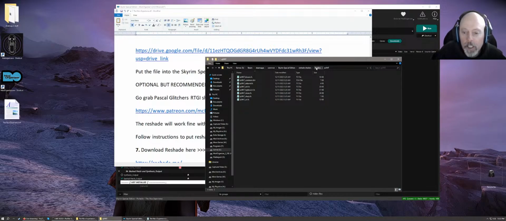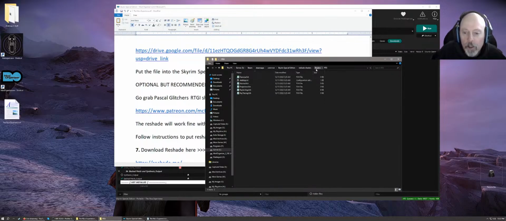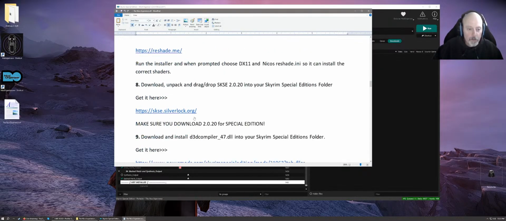Well, I don't see it there. Do we have RTGI? Yes, we do. Okay, so that's something you'd have to buy. What's up, Islam? If you wanted to use it. It's not that big of a difference. So that tells you, and then we've already got